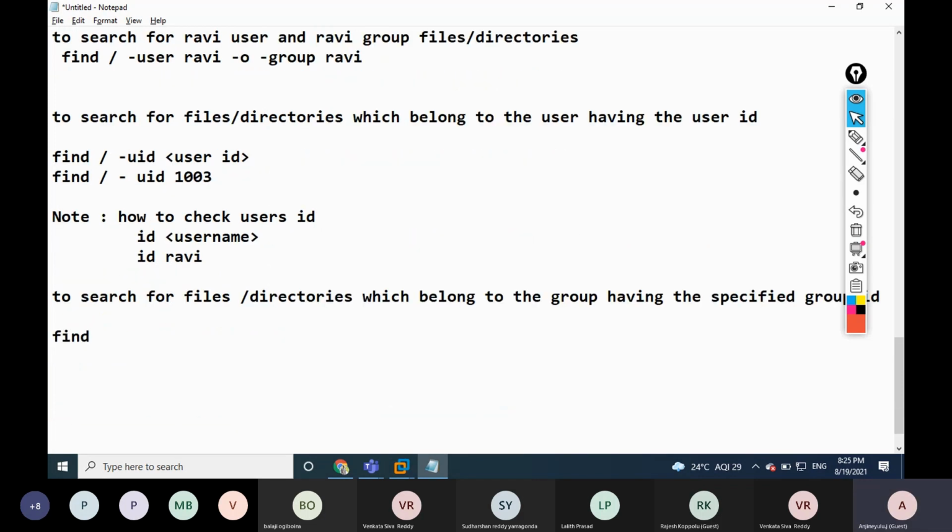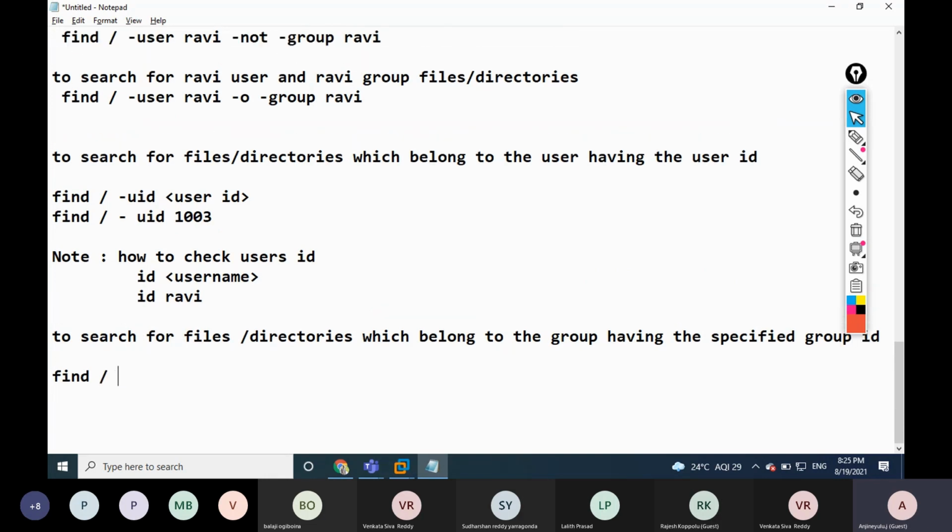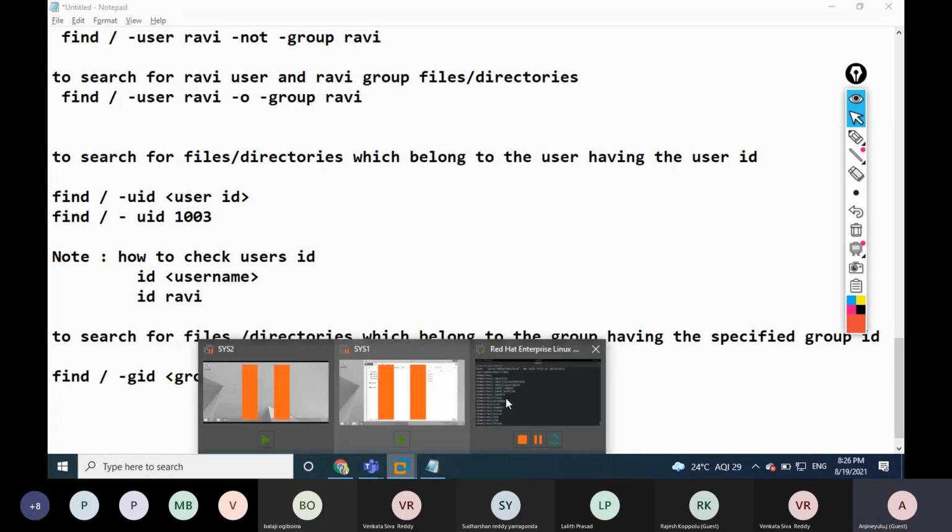We can give the find command only, then -gid, where GID means group ID, then the group ID number. What is the group ID here?